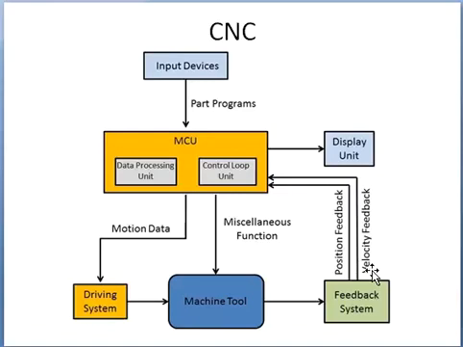Next is the servo control unit or the driving mechanism. The position and velocity control signals generated by the CPU for the axis movement form the input to the servo control unit. This unit generates suitable signals that are converted into servo drive, which are interfaced with the axis and the spindle motors. So the data processing unit can also be incorporated with the servo control unit, which will transfer the motion data, and in turn the driving system works on the motions.